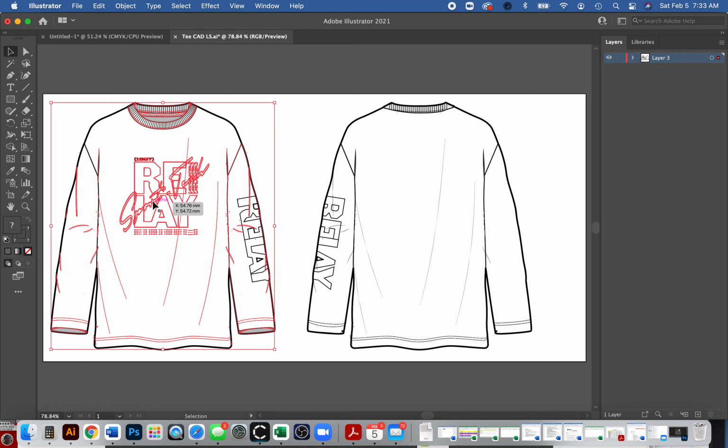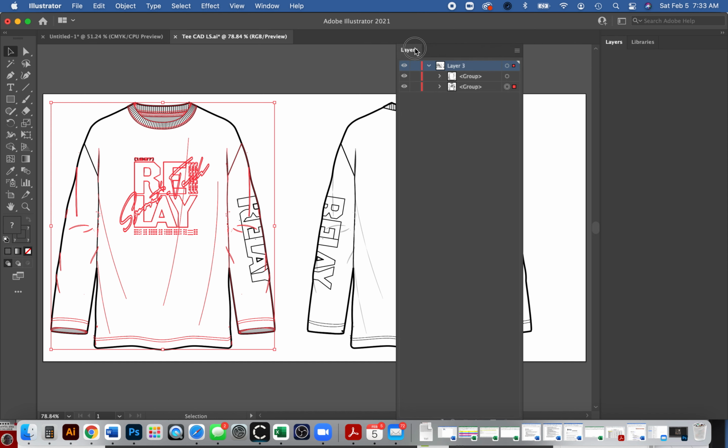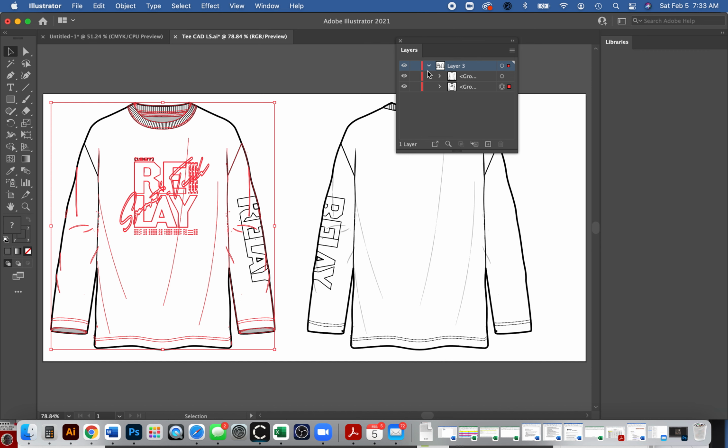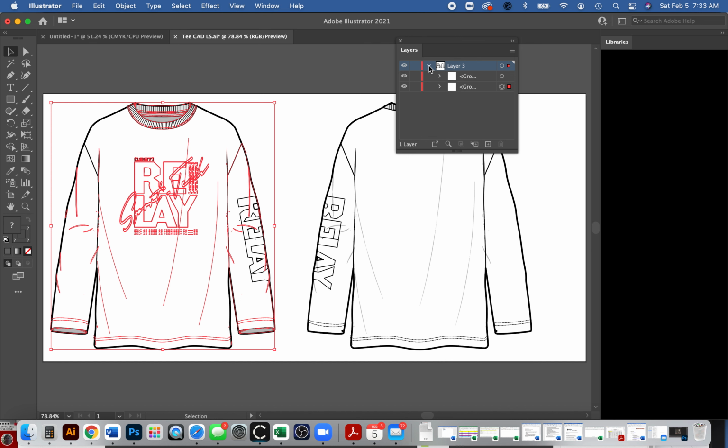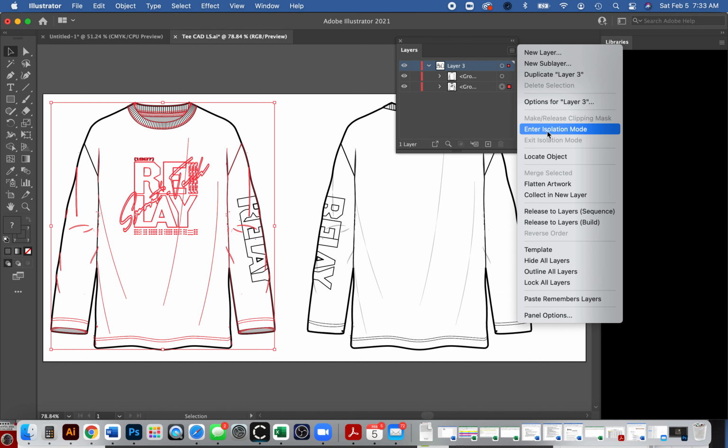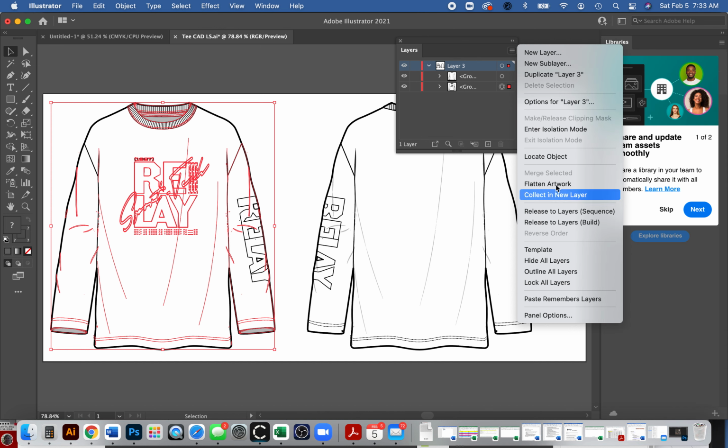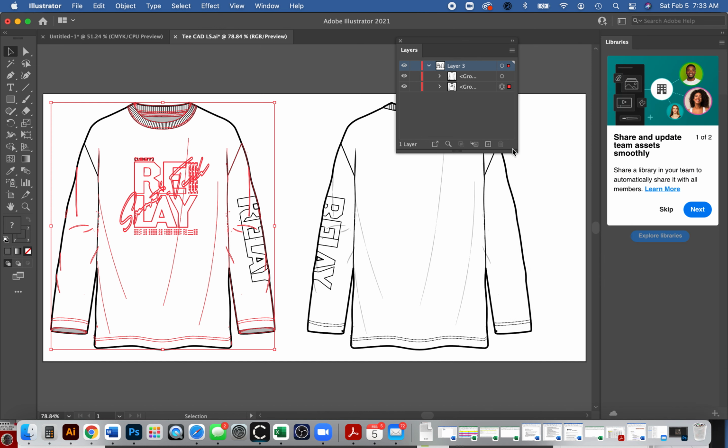So right now it's grouped, right? I click one thing, the whole thing is selected. Now, I want to access only the screen print. Here, let's look at our layers too. I should probably show you guys. You can see grouping really well in layers. It looks like it's just one layer, but once you hit that little drop-down arrow, you can see there's a back shirt that's grouped, and then there's a front shirt that's grouped. Can we make this bigger? Sometimes we can make the menus bigger, maybe not for this guy today.